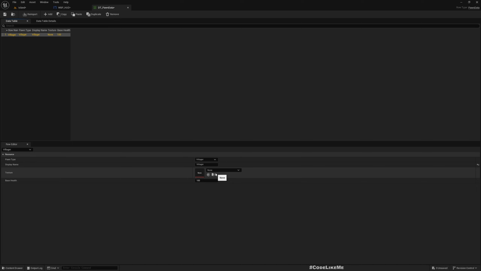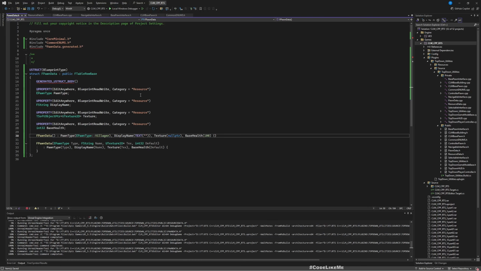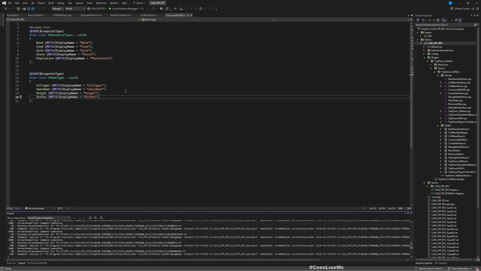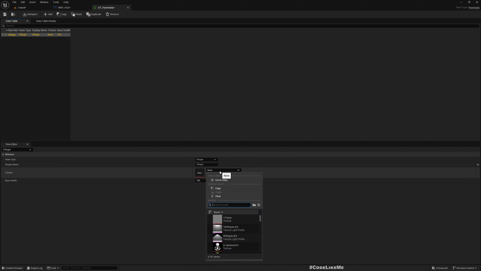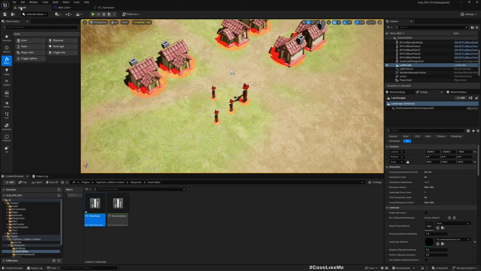But if you update a phone name here in the code, it will not automatically update this, so you have to remember that. But right now I don't have a better way to properly link that. You'll see. Okay, so for the villager, I'll choose